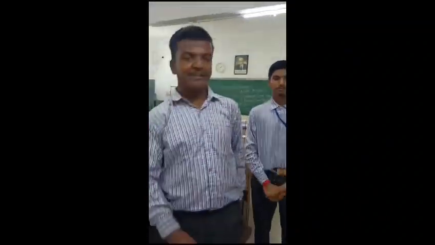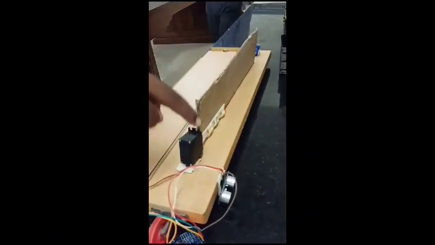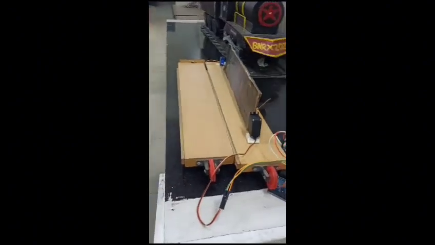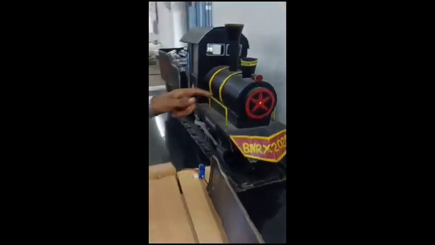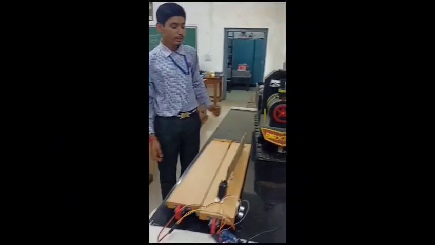When the train arrives at the platform, this ultrasonic sensor that is attached to the edge of the station senses the arrival of the train, and this smart bridge will become horizontal, and after the departure of the train, the smart bridge will return to its vertical position. Now we are demonstrating it practically.